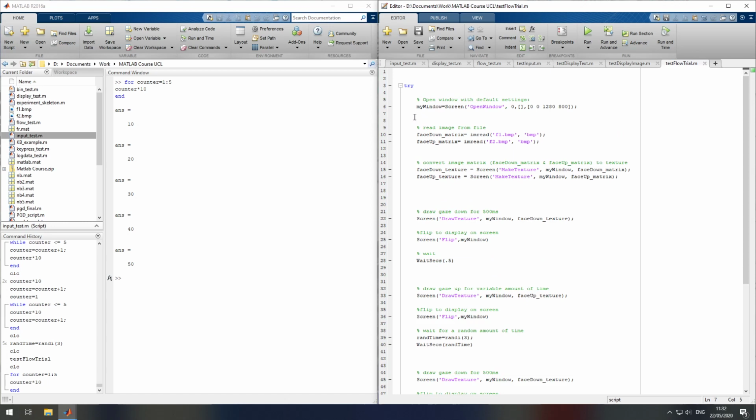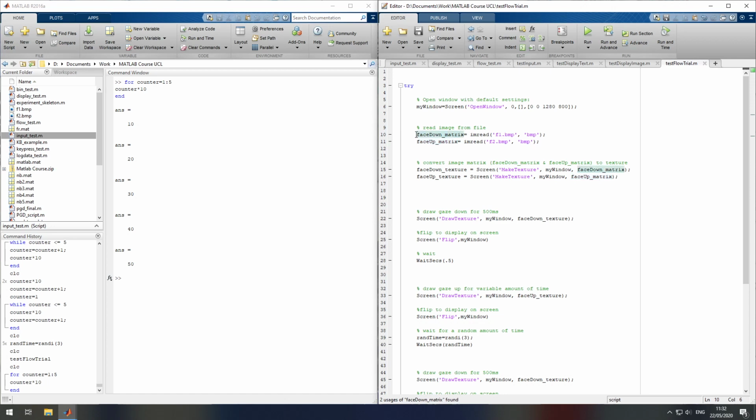I could put it here. I could start it here. But it would be kind of pointless because the stimuli are being loaded here, and I don't want to load them 5 times if I had 5 trials, let's say. I just need to load them once, so it doesn't really make sense to start the for loop here because